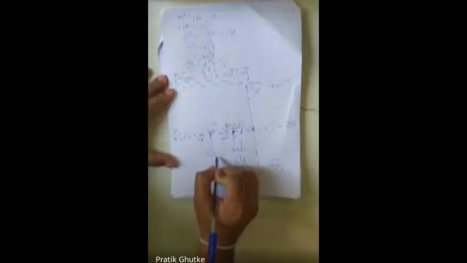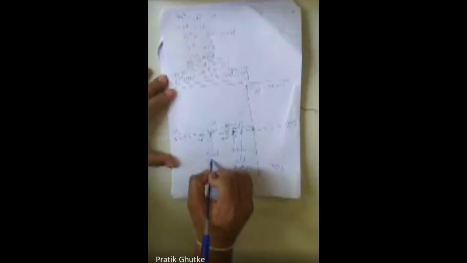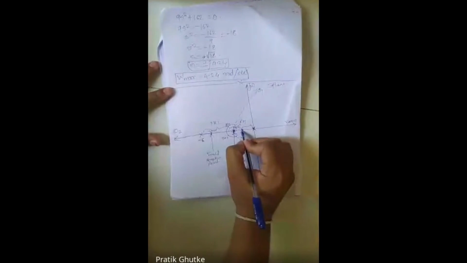-4.732. Invalid, you have to write there. Invalid breakaway point. Why invalid breakaway point? Because it is not lying in the root locus region. The breakaway points which are lying in the root locus region are valid, and those which are lying in the non-root locus region are invalid. So -1.26 is a valid breakaway point. From this breakaway point, my root locus will begin.